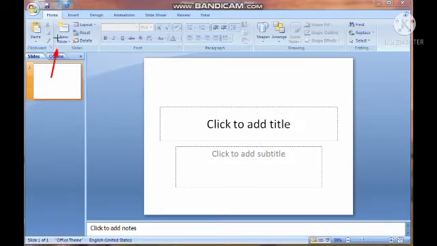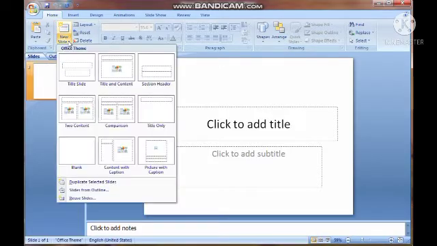Afterward we will select the new slide button. I'm just going to click on the new slide option. When we click on the new slide option, you can see Office themes are there.